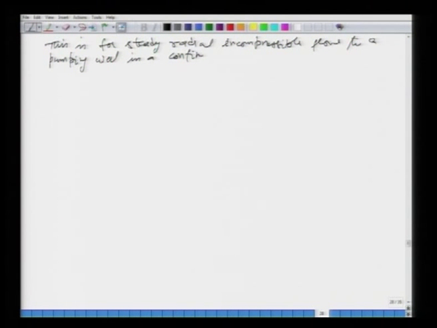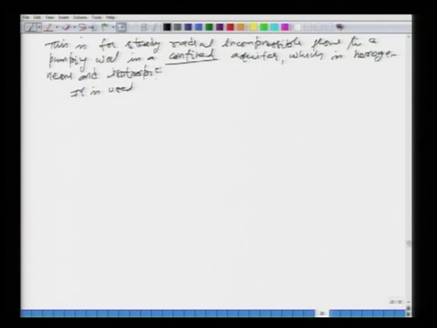Keep that in mind, we have considered a confined case. What kind of a confined aquifer? Well, one which is homogeneous and isotropic. All right. So, this is what it is, and this equation, or Thiem's equation, is used basically